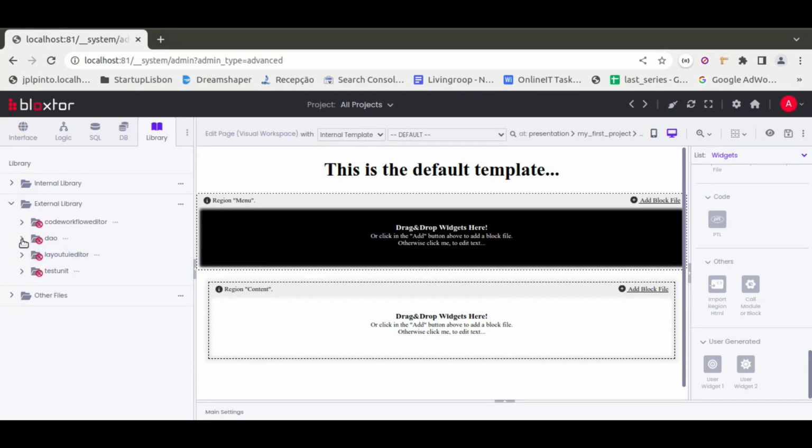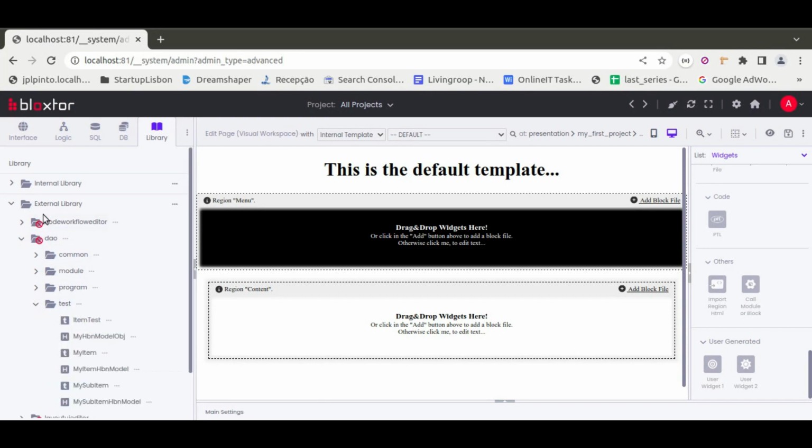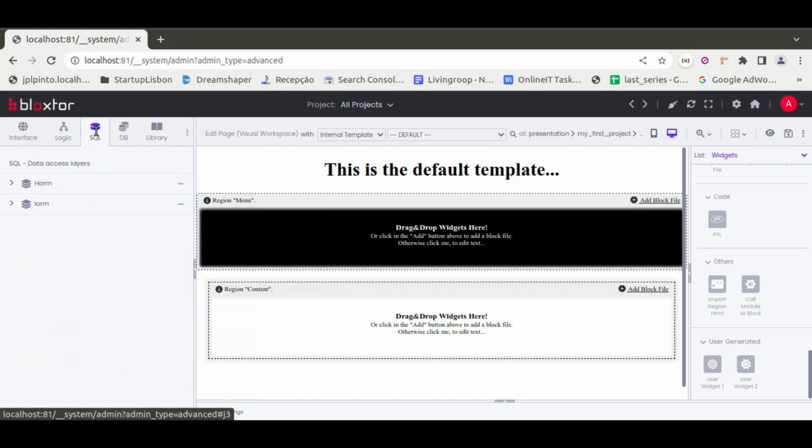Additionally, we have the DAO folder and the test unit folder. The DAO folder, and I have some examples here in this test 2 folder, is to be used in the data access layer. I explained to you